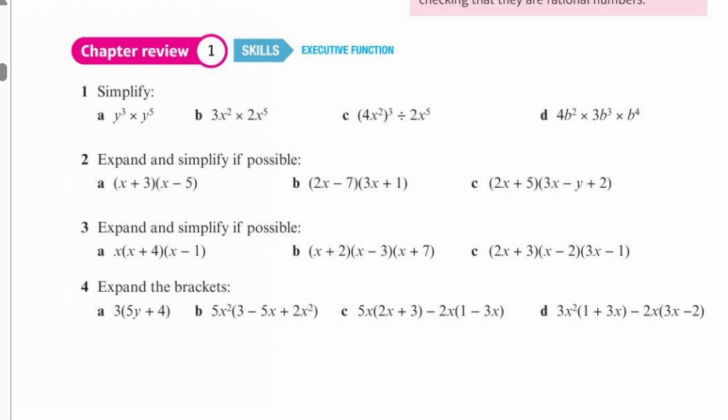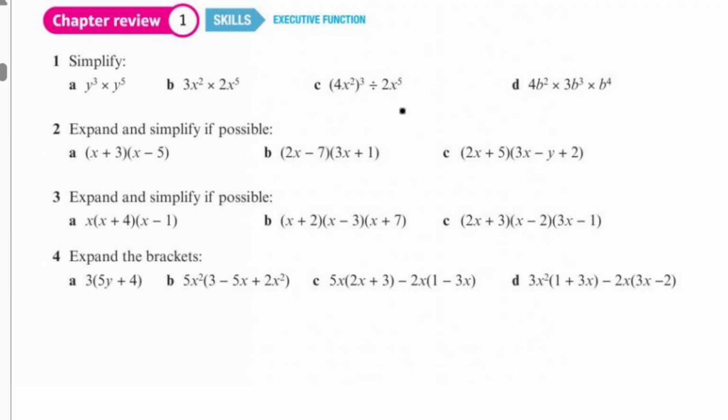Hello again. So, in this video, we would like to go over the chapter review of Pure Math 1. This is chapter 1. We would like to do most of these questions. Now, let's start. Question 1 here says simplify y to the power of 3 times y to the power of